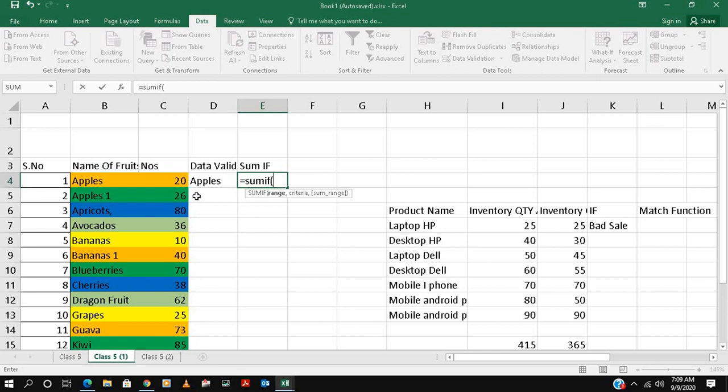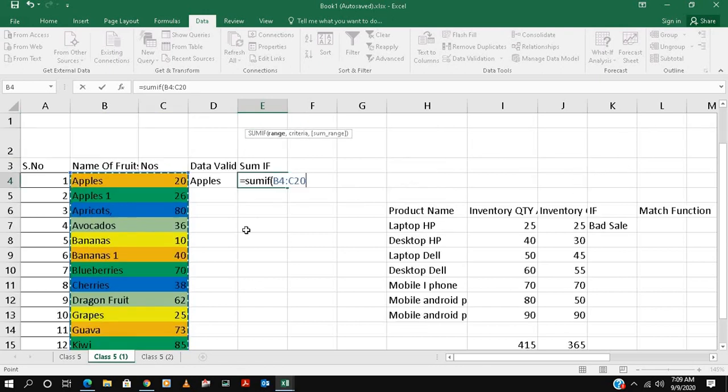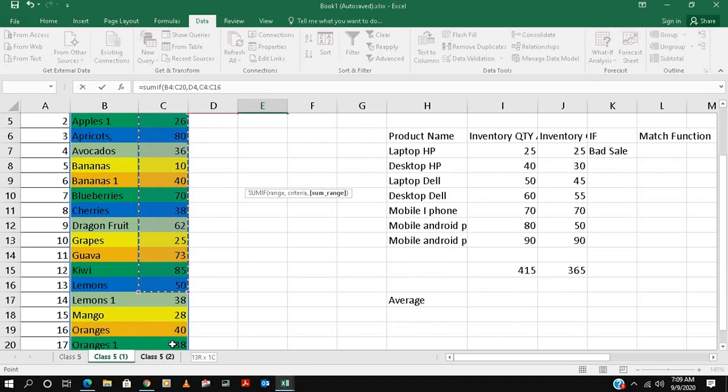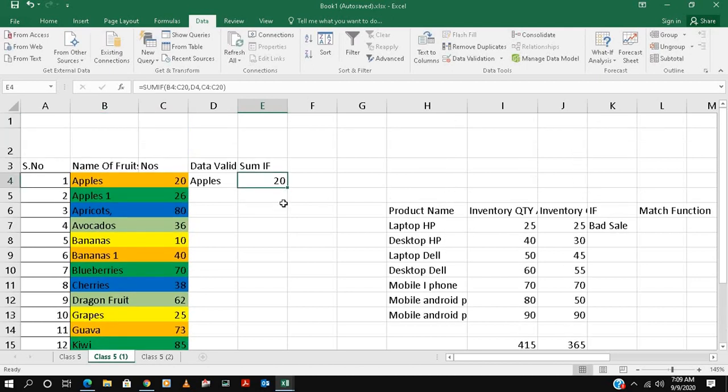It is asking for the range, so the range will be from this to this. Then comma, then the criteria is this. Then the sum range will be this value range, this is our value. Then close the formula.